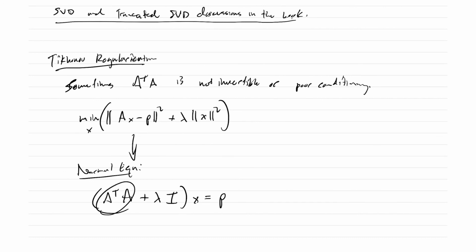And if A transpose A was not invertible, well, we know that A transpose A is a positive matrix, and symmetric, etc. So basically we bump up all those zero eigenvalues a little bit by lambda, and so it sort of buoys our matrix up. But of course, this is not an exact fit